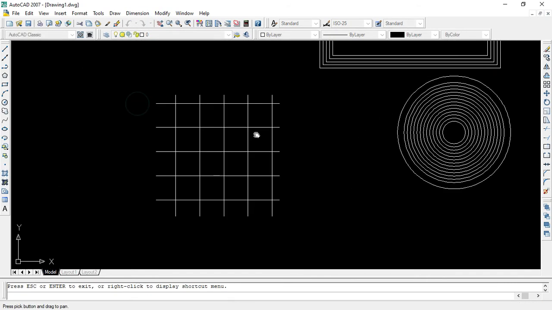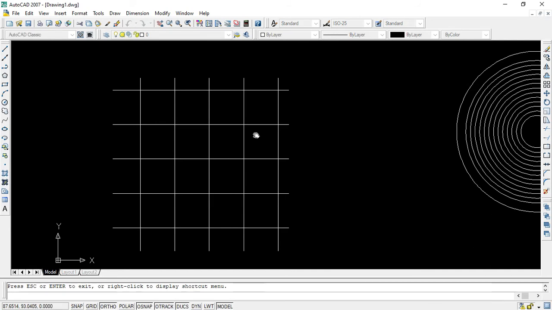So now I will show you the command trim. So how to use the command trim. For this purpose, the command we use in here is trim. Then I will press enter. Then after that I am going to select the edge. Suppose I want to delete this portion. 1 2 3, this portion I want to delete. So I will simply select erase, or you can select the E also, edge also.